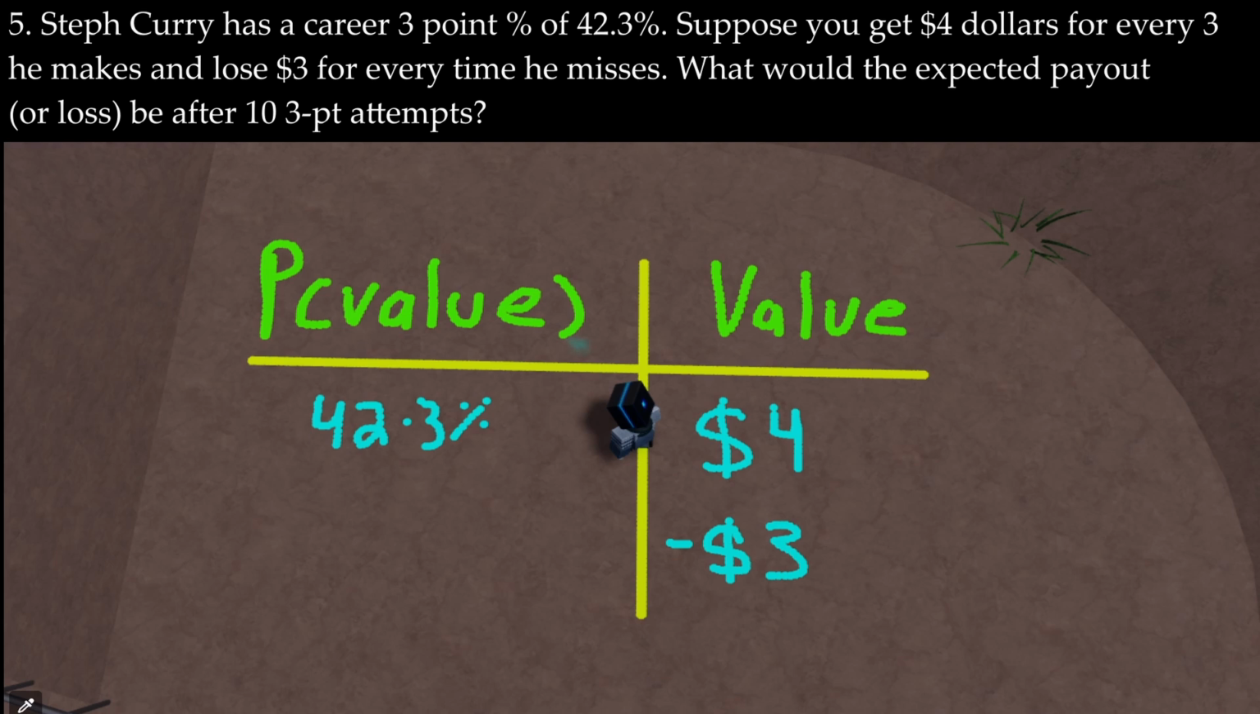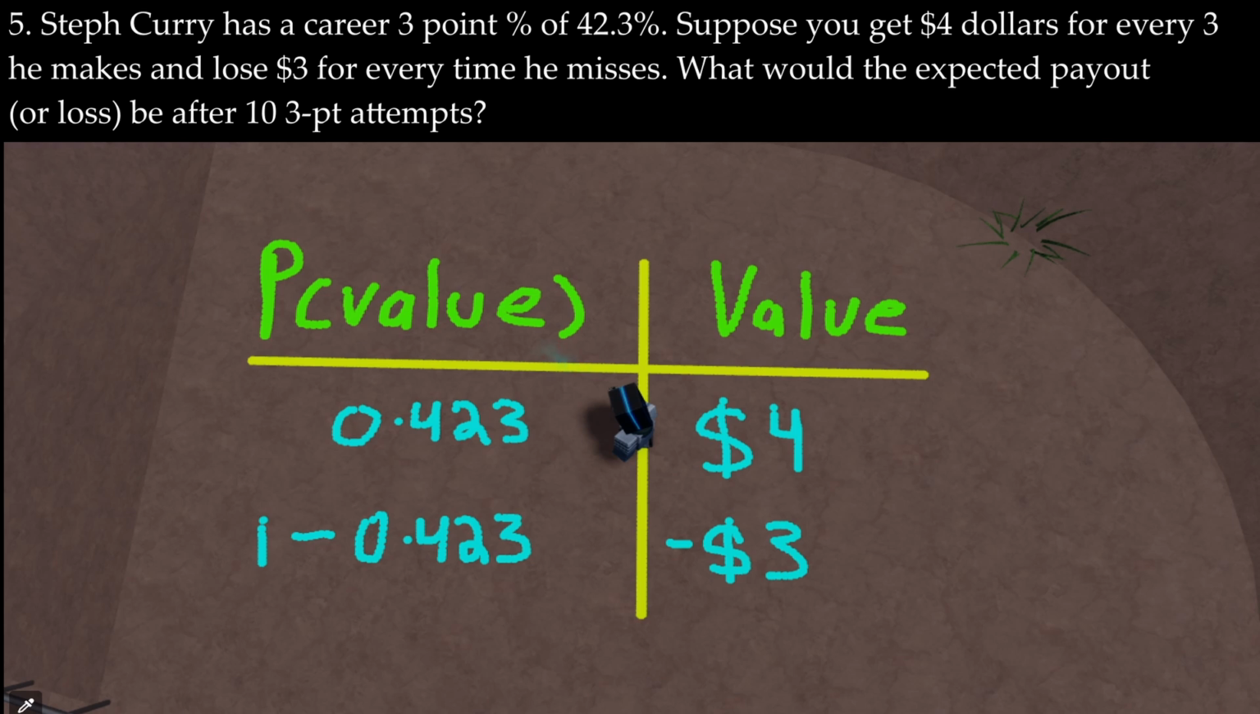42.3%, but you can't use percentages for these types of problems. You need the decimal. So just divide that by 100 to get a decimal. And if you do that, that's just going to be 0.423. Then after that, to find the probability of missing a shot, well, the probabilities must add up to 1 because you either miss a shot or you make that shot, and that must add up to 1. So just do 1 minus 0.423 to find the probability that Steph misses this shot. And if you do that, you're going to get